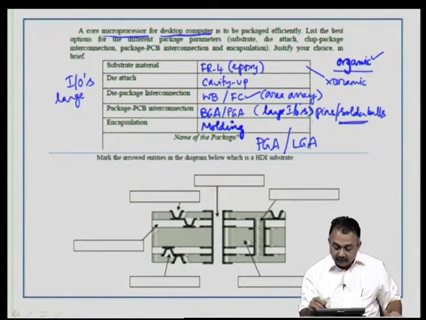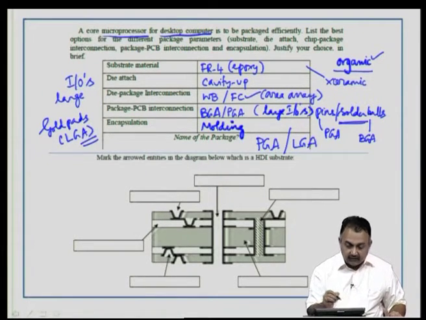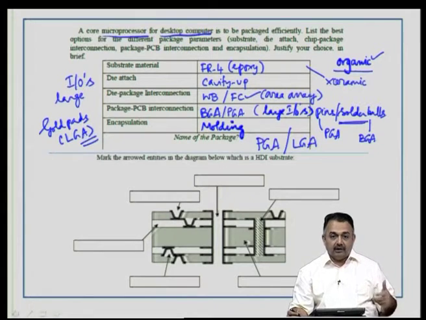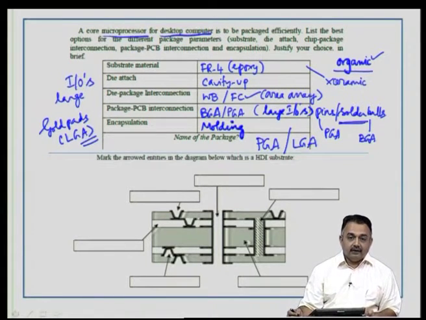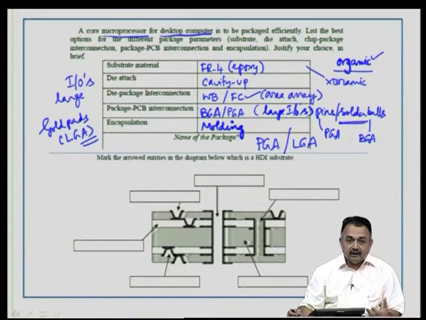If you go in for pins, it will be a PGA package. If you go for solder balls, it will be a BGA package, and if you go in for gold lands, gold pads, then it will be a LGA package. So, these are the options that you have, but if you are asked to specifically name one, you can easily go in for a ball grid array type of package, because today working with BGA has become well defined.